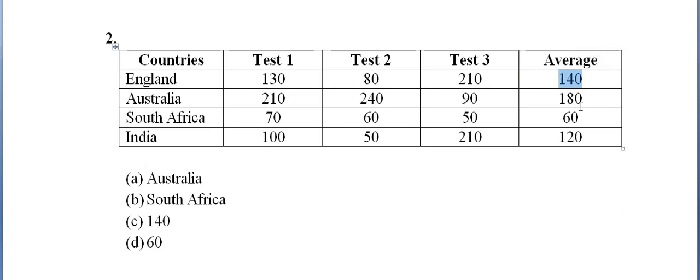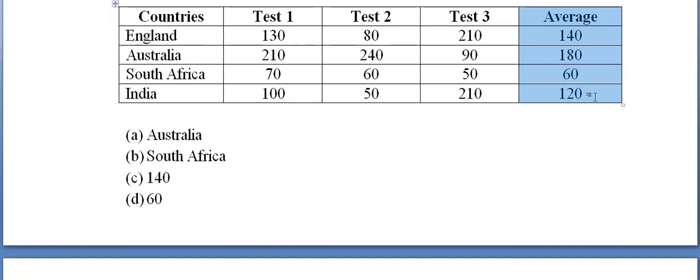And what is the difference between Rohan's average against India and South Africa? So India and South Africa. So what is the difference? 120 minus 60 will be 60. Very simple. Okay, so you just have to make this particular column in addition to the table that has been already provided in the question.